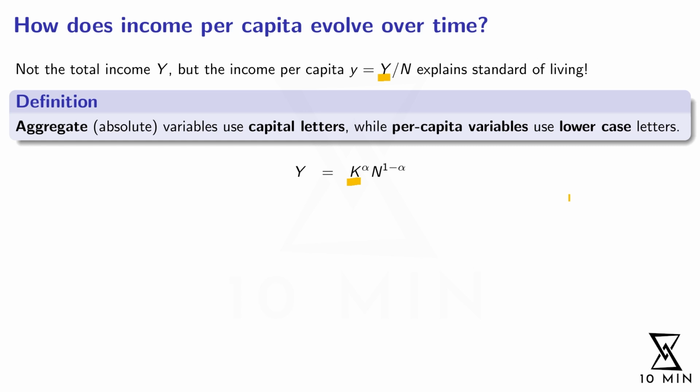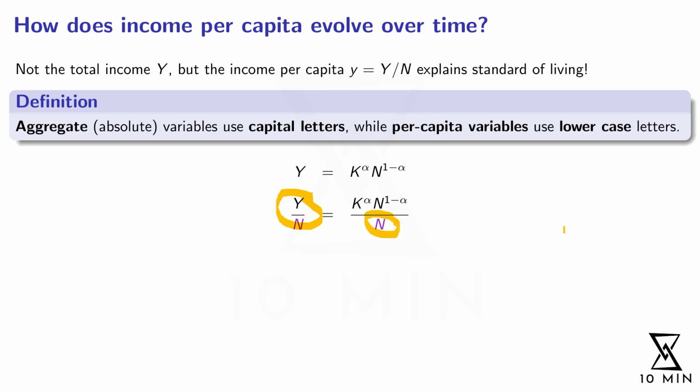Capital K is the entire capital stock in the economy, the number of machines. Now let's take a more detailed look at the income per capita, lowercase y. If we don't want our total income, uppercase Y, but the income per capita, we just have to divide our total income by the number of people in the economy, N. So if we divide both sides of the equation by N, then, surprise, on the left hand side you have Y over N, and on the right hand side you have everything divided by N here.